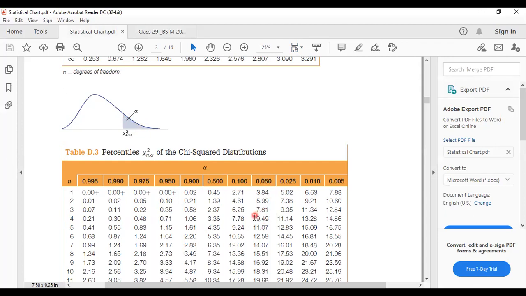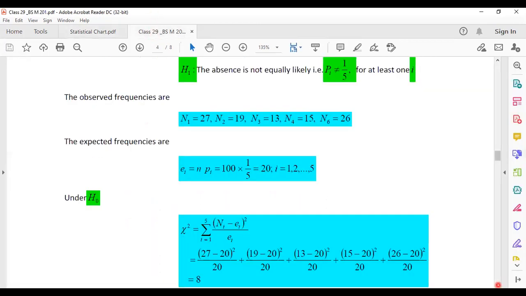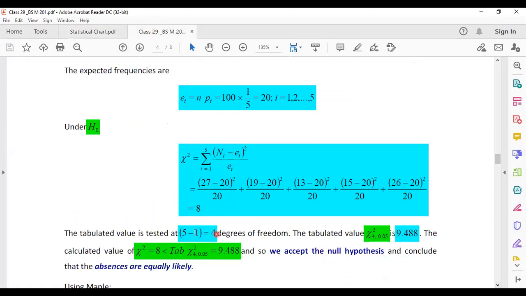The value comes out to be 9.49. Let's see whether it is 9.49 or not. So you see that it is 9.488, approximately,